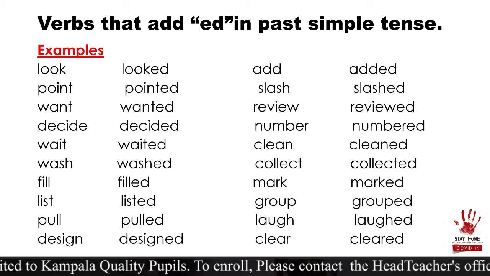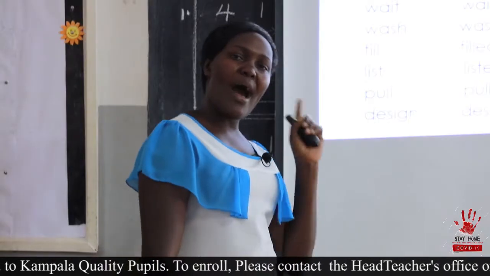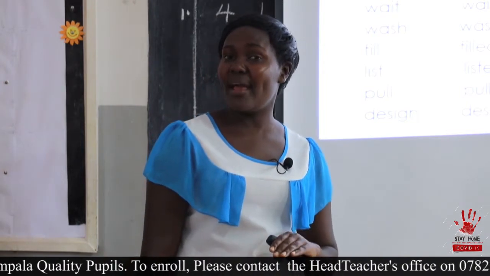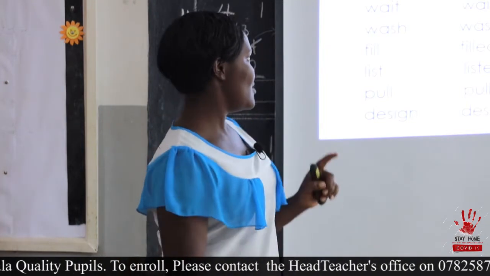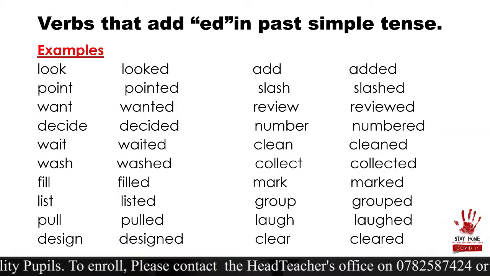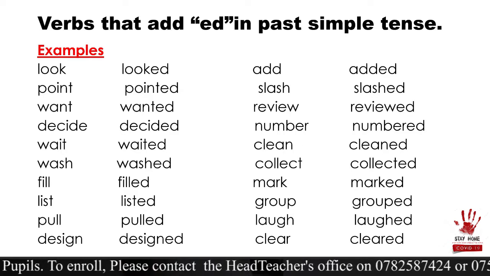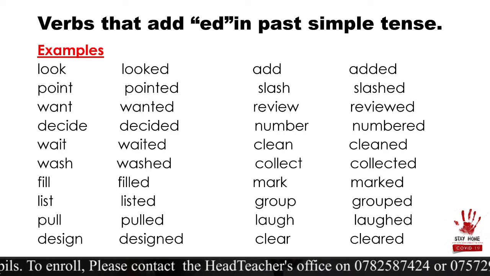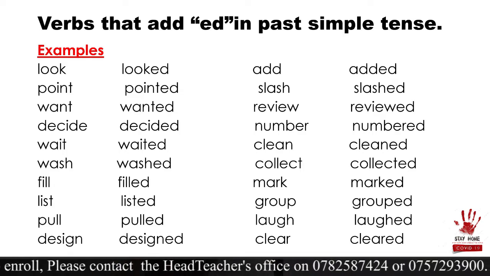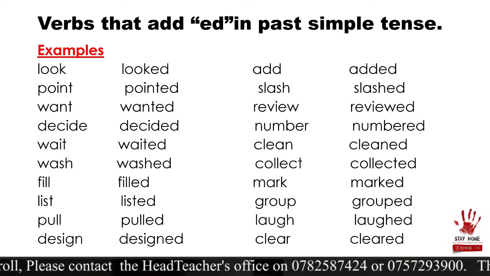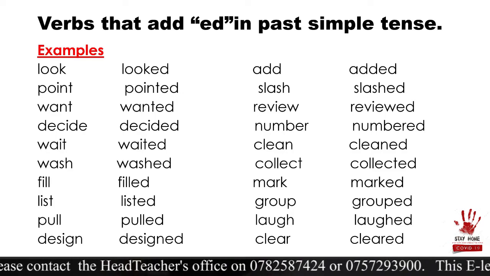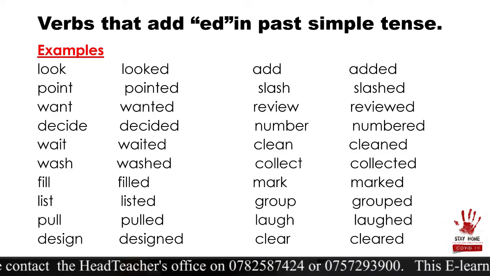No, the word decide was meant to be under the previous verbs, which were ending with e. So this was a mistake. Hope you've recognized it. We have wait, waited, wash, washed, fill, filled, list, listed, pull, pulled, design, designed, add, added, slash, slashed,